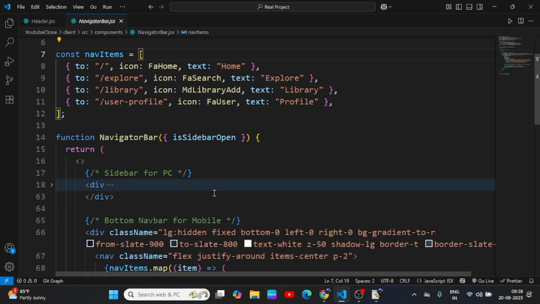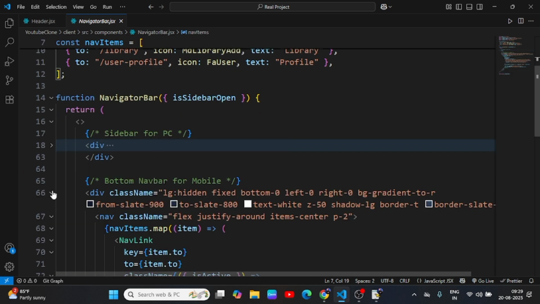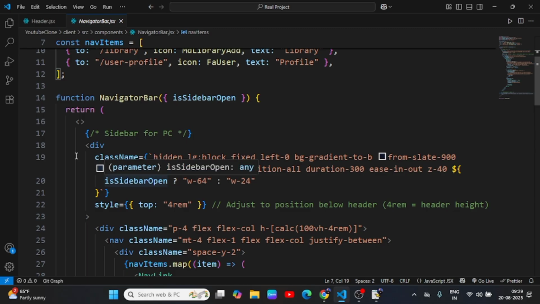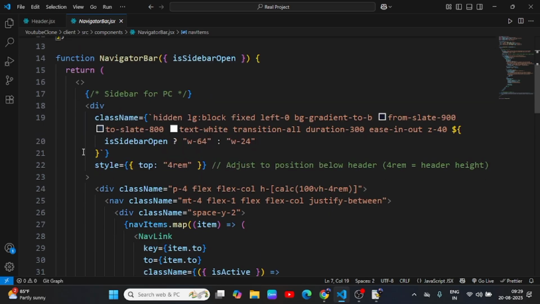This is for the PC version, and this block of code is for the mobile version. First, I'm going to work on the PC version. Inside the div we have this UI, right? Message if sidebar is open, so with 64, if closed 24. It's dynamic, and you can see that it's going to be hidden on the mobile version. So yeah, you can see hidden, and it's fixed,